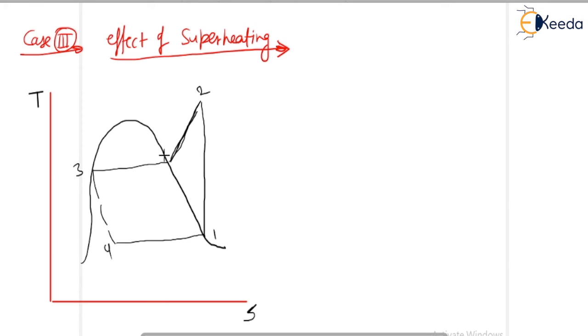Now after the superheating, you have to stretch this point from here to here. That means point number 2 has to be taken further up, into the superheated region. And when you are going to superheat this region, then point 1 also stretches from here to here,